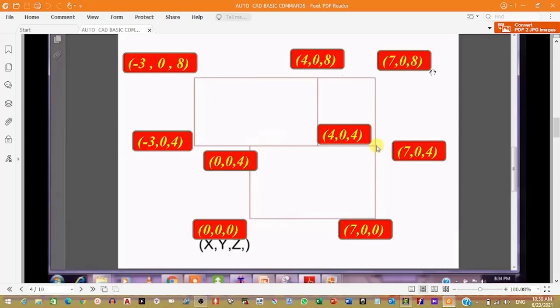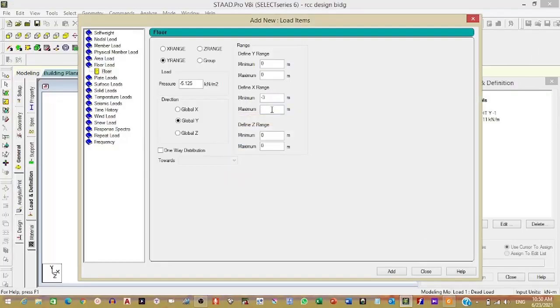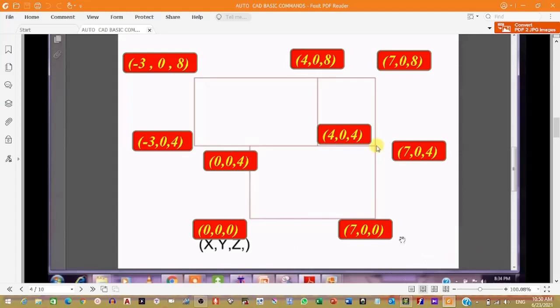In the figure, this plan, minimum and maximum for both ranges, you just put there. So for x, minimum dimension is -3, maximum is 7, and as far as z is concerned, minimum is 0 and maximum is 8. And y is 0 because we have this XZ plane.